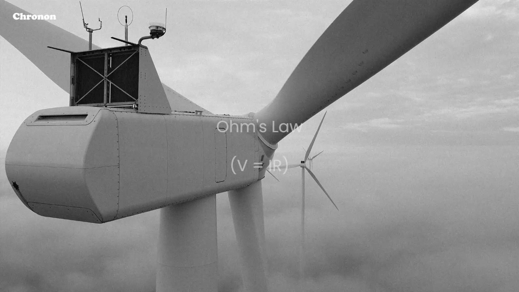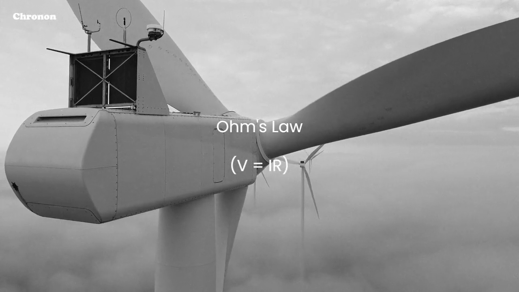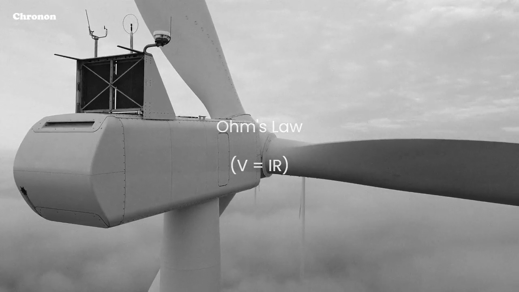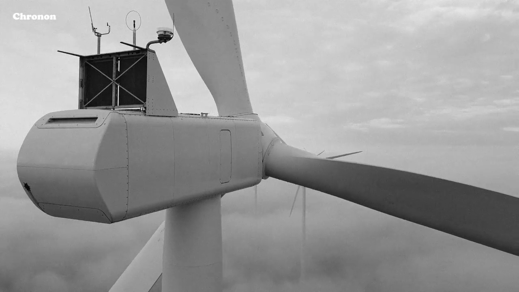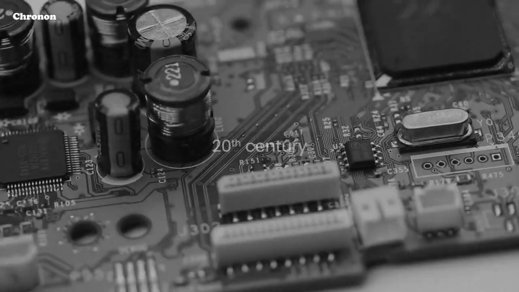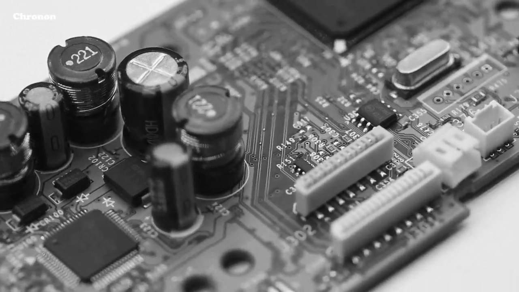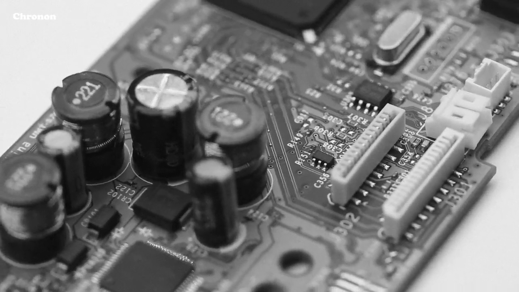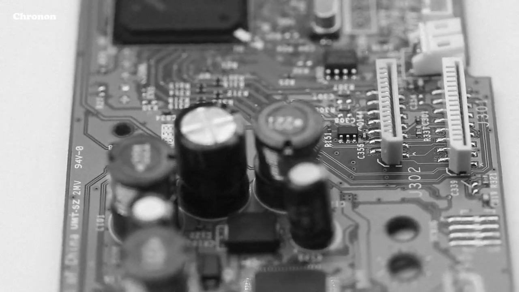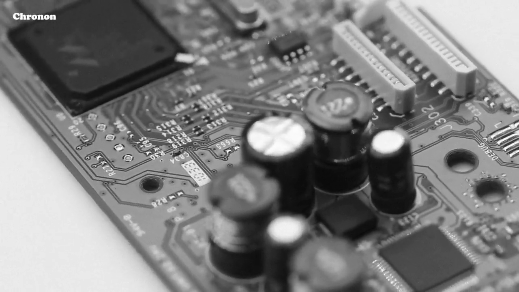Ohm formulated Ohm's law in the 1820s, a mathematical expression that fundamentally defined the relationship between voltage, current, and resistance, laying the groundwork for our understanding of resistance in circuits. As the 20th century unfolded, the need for components to manage and control current became evident. This era marked the emergence of the term resistor to describe devices especially designed to introduce control resistance into a